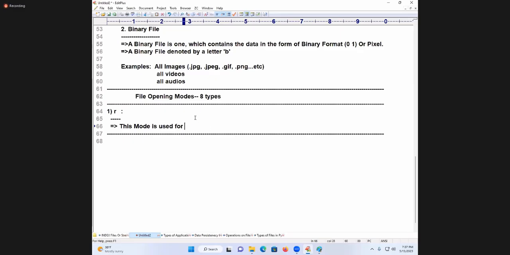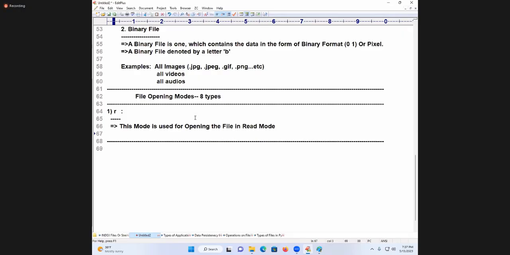This mode is used for opening the file in which mode? Read mode. This mode is used for opening the file in read mode.